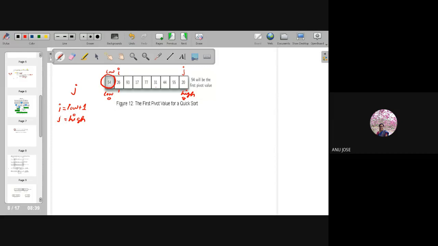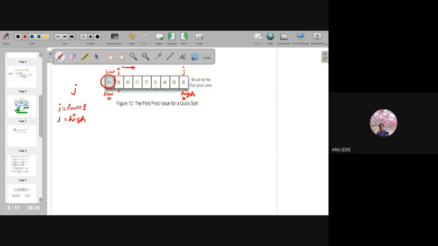Now the i pointer, or i variable, will be moving from left to right, and it is checking whether the element present in the ith location is smaller than my pivot element or not.